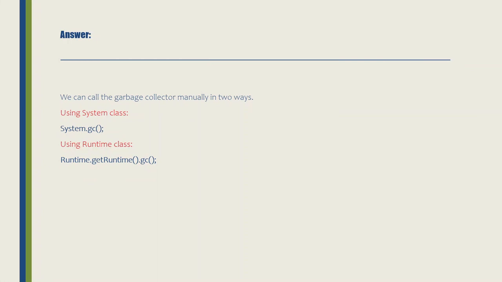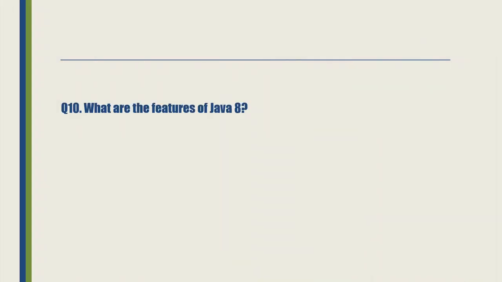I have added how the garbage collector can be executed manually. So there are two ways, one using the System class and another one using the Runtime class. Both you can see on your screen. Okay, all right. I am switching on to the next question, which is about the features which are added in